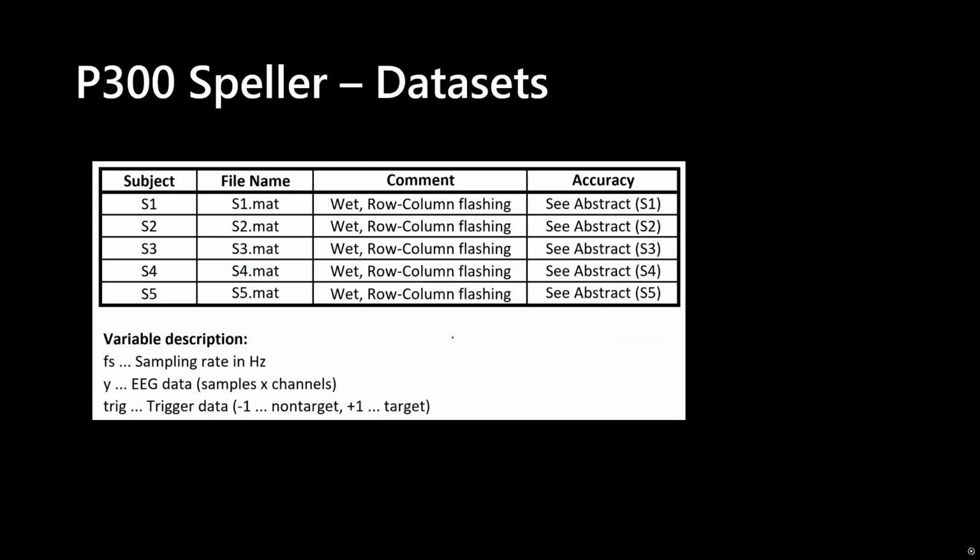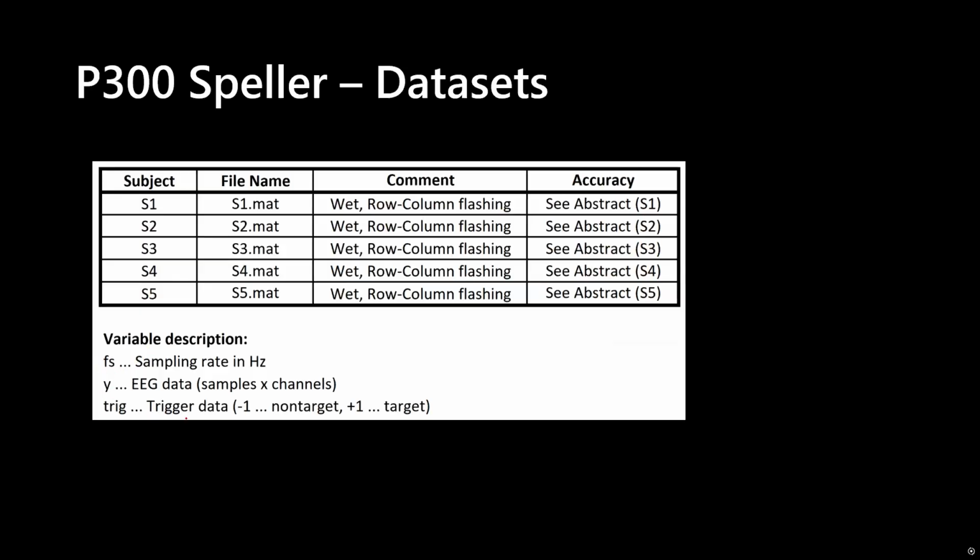The data sets themselves again. We have in this case 5 subjects and some comments. These were all wet recordings. What does that mean? Essentially, gel was used for these recordings and row-column flashing was performed. The accuracies you can see in the abstract of the reference publication that is provided. Again, variable description, sampling rate,